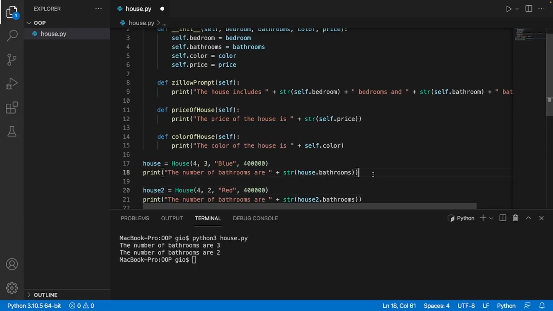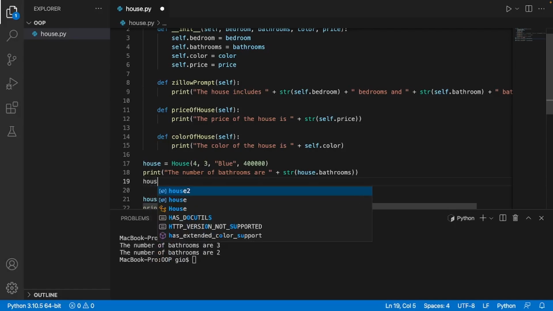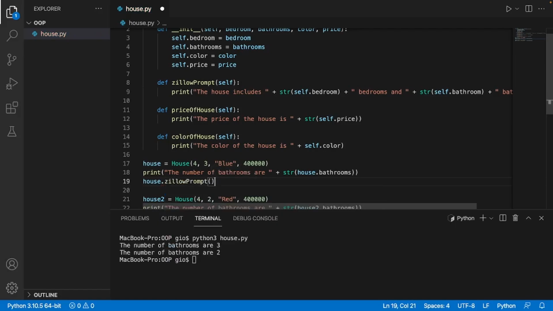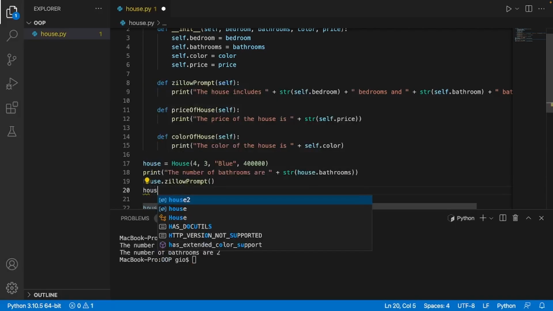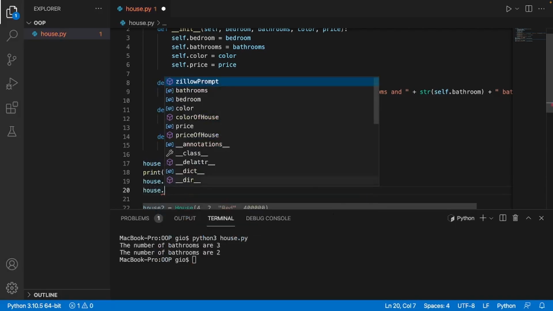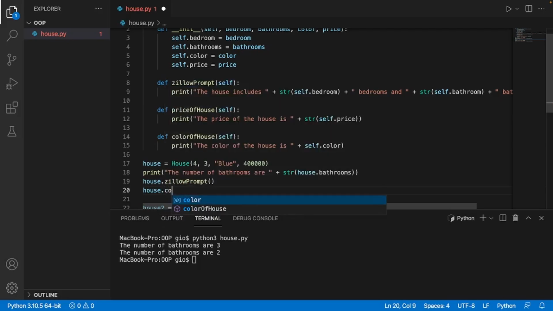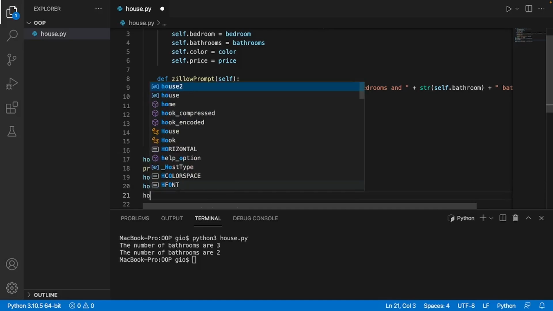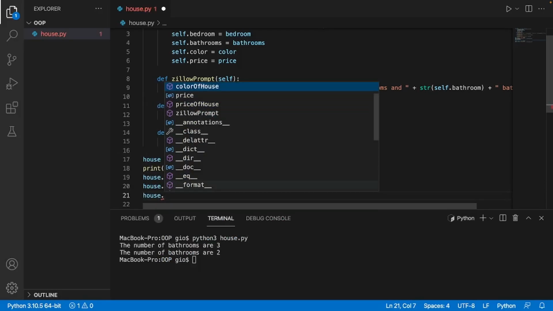And since it's already using a print, we don't need to use another print. So we just take the instance of the house, which is called house, use dot, and then do zillow_prompt. Since self is being injected by Python itself, there are no parameters needed in this case. And then we can do house dot color of house, and then open up the parentheses and do house dot price of house,